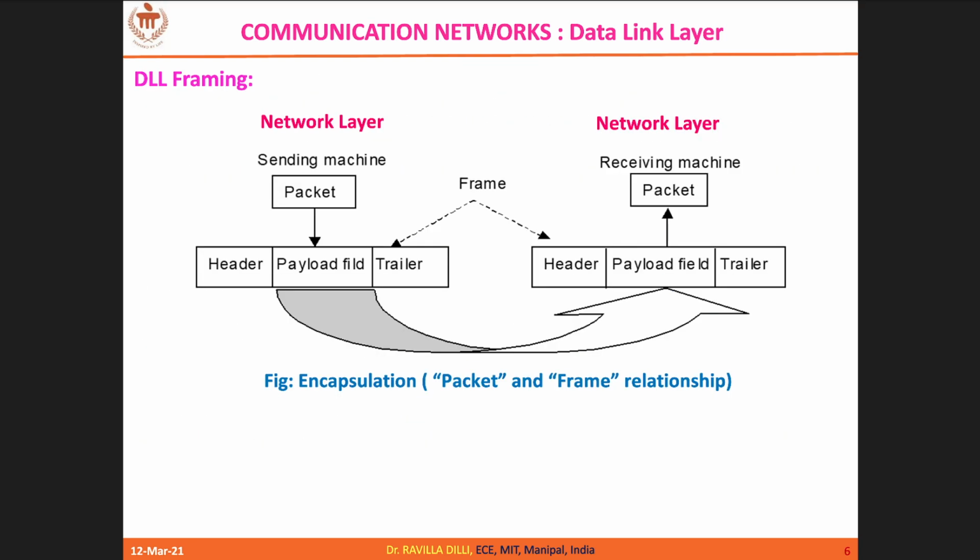This is the encapsulation procedure. You know that the incoming data for the data link layer is a packet that comes from the network layer. The packet is processed at the data link layer in the form of frames. The peculiarity of this layer is that apart from a header, you also have a trailer. In all other layers, you append only a header during encapsulation. On the other side, at the receiver, the header and trailer are removed at the data link layer, and the payload is submitted to its higher layer as a packet.